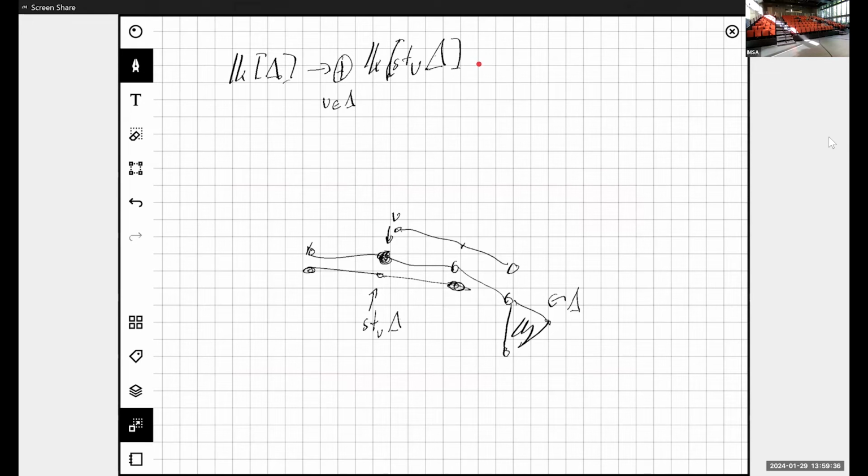You really want to go a step further. You have a covering, but now you have the intersections of these things that you covered by. So the next step would be to look at the covering by edges, e in delta, the star of e in delta,